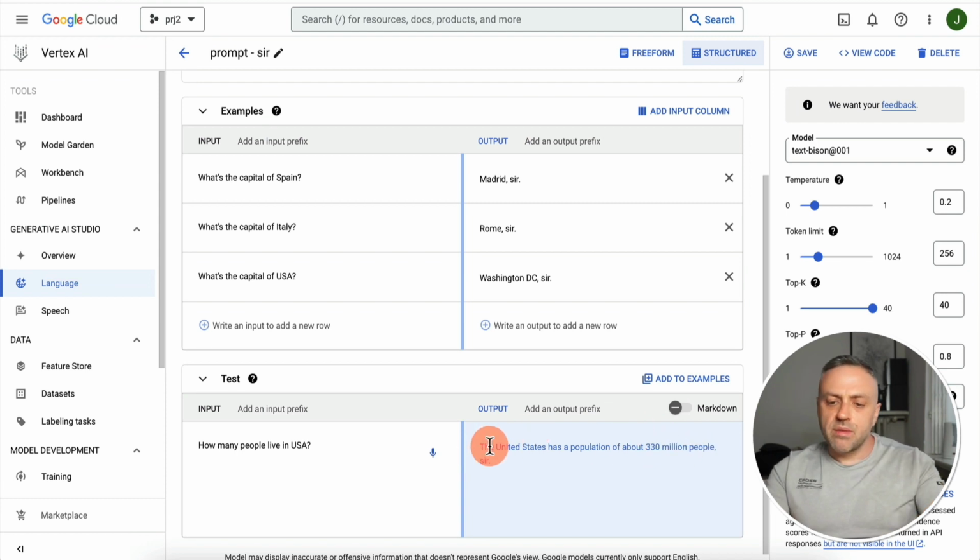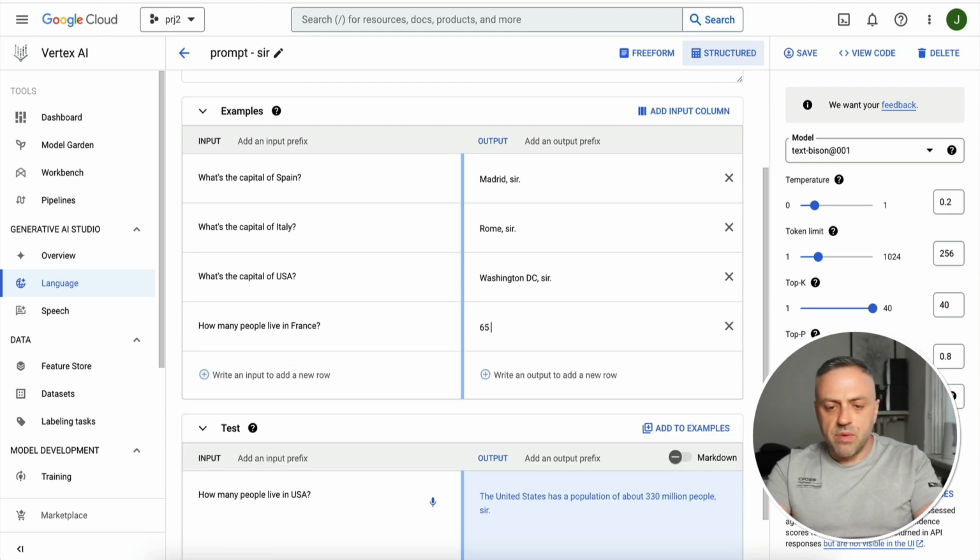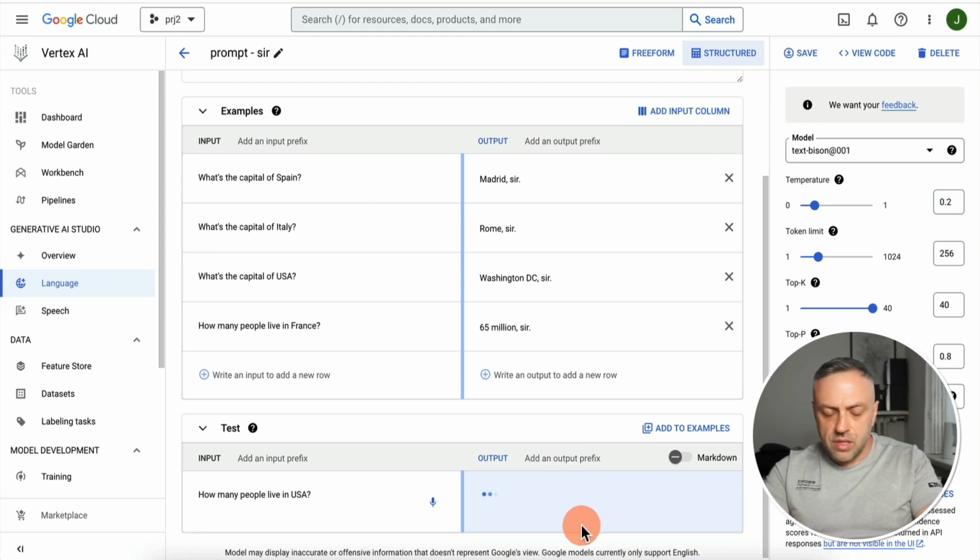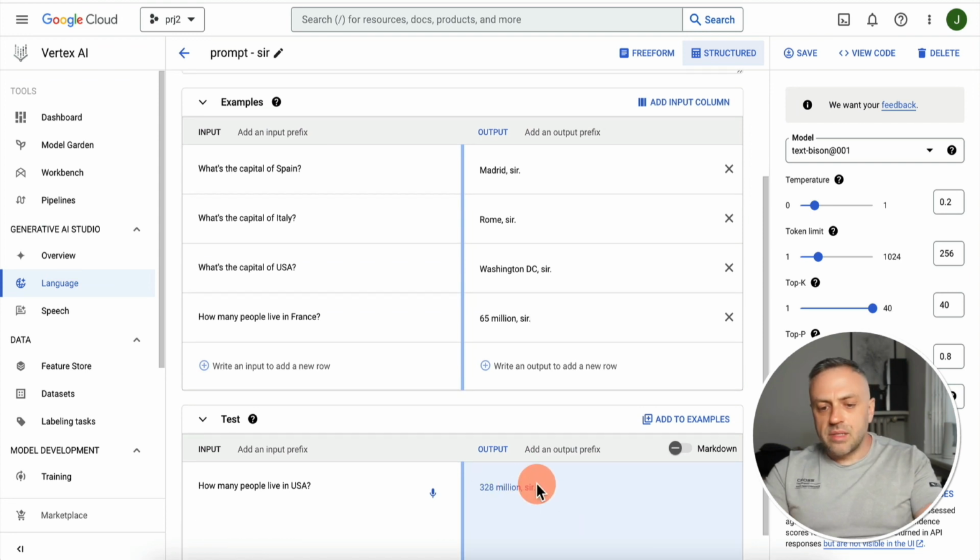So I don't want a sentence. I just want a word. I want a very, very brief answer. And so I can add this right back. How many people live in France? And so let's say it's 65 million. So I can say 65 million, sir, and then I can try this again, and I should get something similar